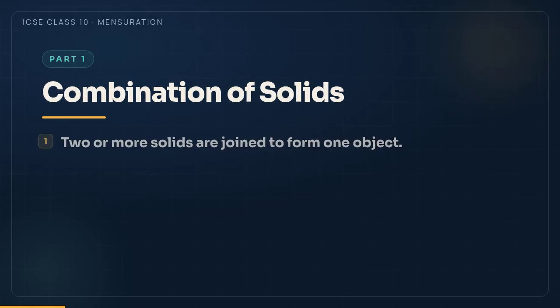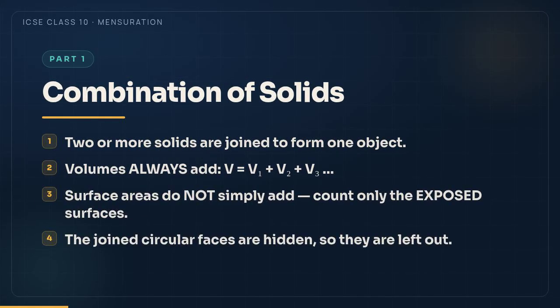First, combination of solids. Here, 2 or more solids are joined together to form a single object, like a cone fixed on a hemisphere. Remember 2 rules. 1. Volumes always add up, because the material simply adds. 2. Surface areas do not simply add. You must count only the exposed surfaces. The circular faces where the 2 solids are joined are hidden inside, so they are left out of the total